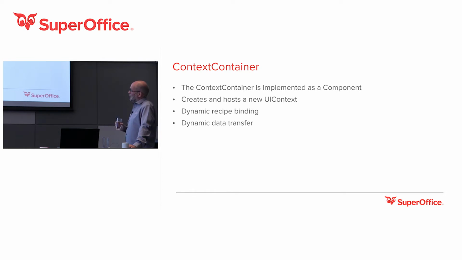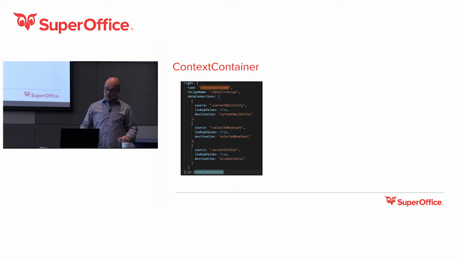And what's powerful about that is you can bind the recipe name. So based on something happening in the parent context, you can change the recipe of the context container. And that's what we used in